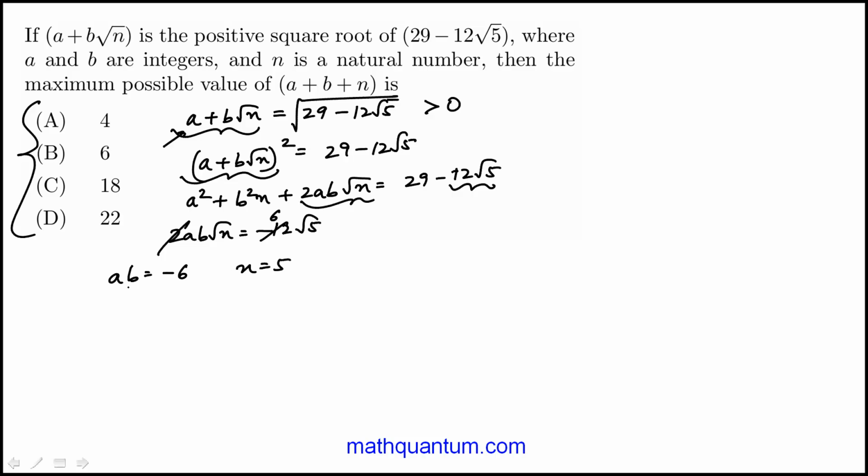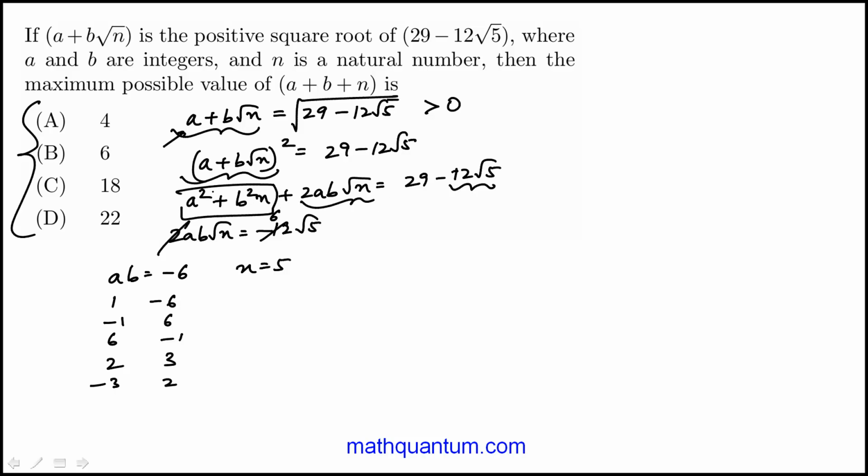That's one condition. And again, we have lots of possibilities here. ab could be 1 and -6, -1 and 6, 6 and -1, and so on and so forth. And then you also have 2 and -3, -3 and 2. So you have a lot of these options. Now,